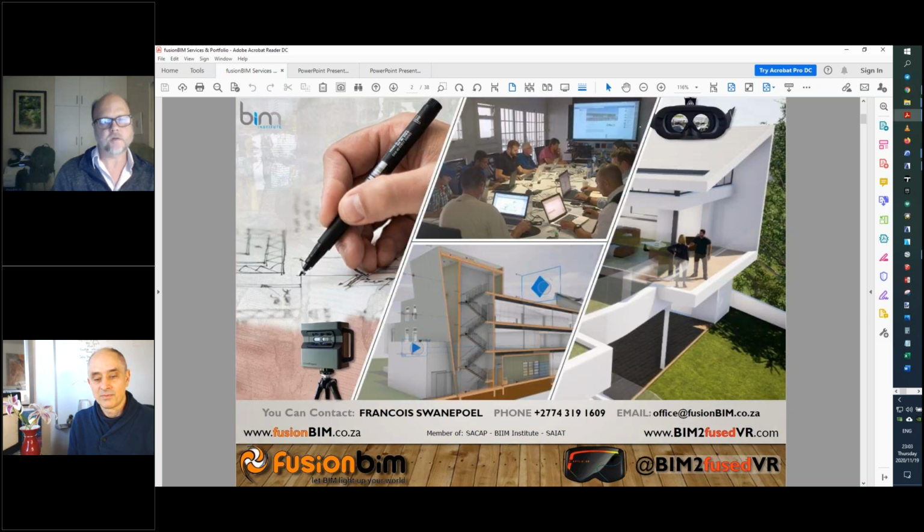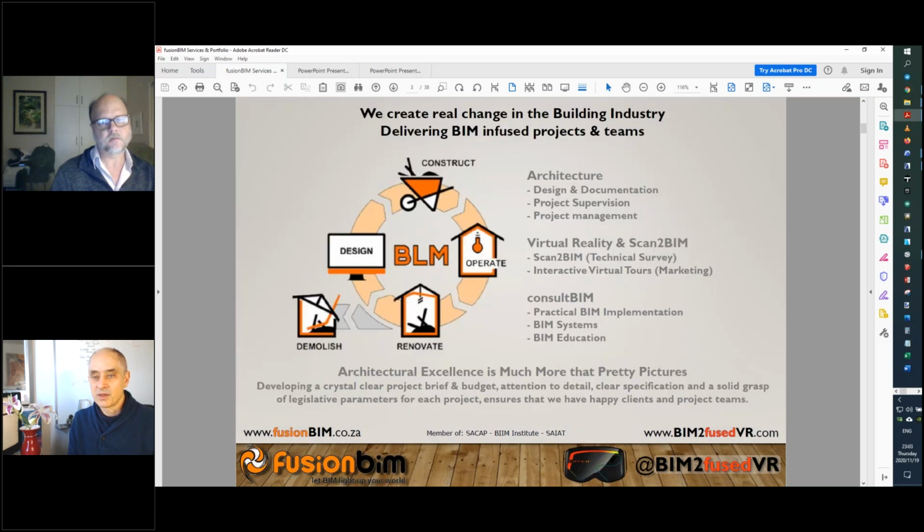Just firstly, tell me which of the screens we're seeing. What do you see on the share screen? We create real change in the building industry, delivering BIM infused projects and teams. So this is about your Fusion BIM company. Okay, just wanted to check which screen we're on. Yes, as it says there,